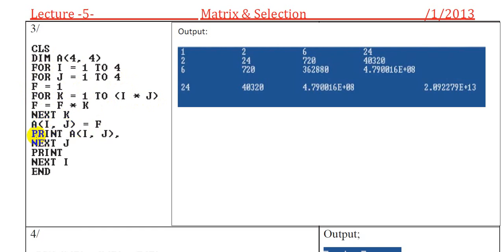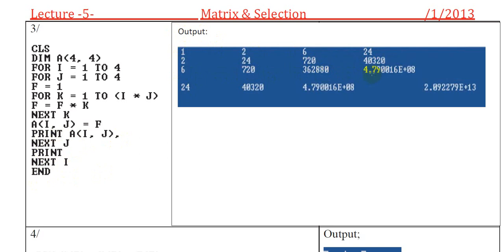In this case, if k or f is considered the factorial, it will be the resulting matrix. Print A(i,j), next j, and print, next I, and conclude. The output will be in the following form: 1, 2, 6, 24, and 2, 24, 720, and 40,320, and 6, 728,